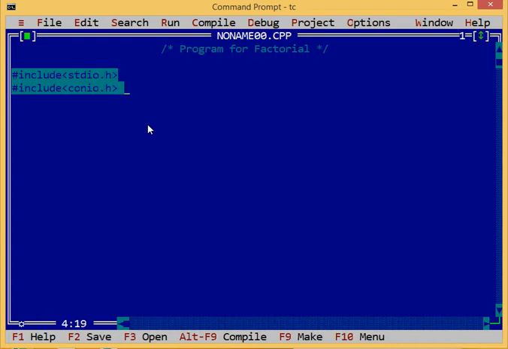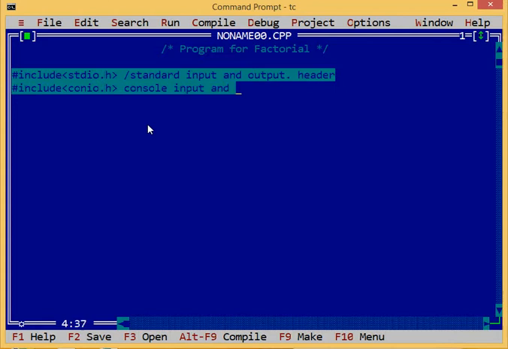The stdio.h is the standard input and output header, and the other is the console input and output header.